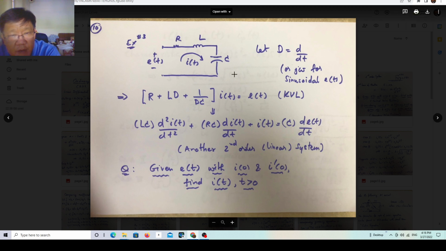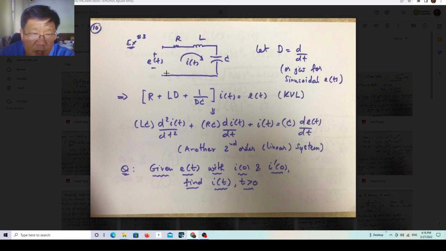The third example here is what we call the RLC AC circuit, alternating current circuit. From the previous example, we only had an R and L system, leading to the first order system. Suppose we add one more capacitor unit to the circuit, and the problem looks pretty much the same. We want to find the relationship between the input, the function e(t),